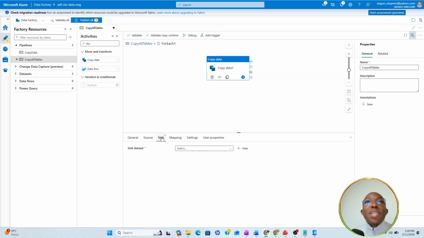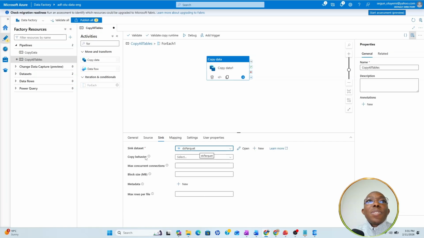Then we go back to our destination. We are going to select the same DS backward, that is the data set. In this case, we have to use a parameter. So we have to go back to the backward and set a parameter to be able to pick the schema name and the table name, so that we can have the table for address stored in the sales LT and address folder. For us to achieve that, we have to go to